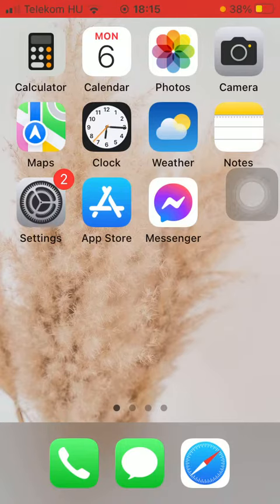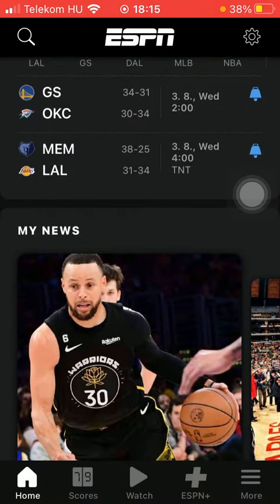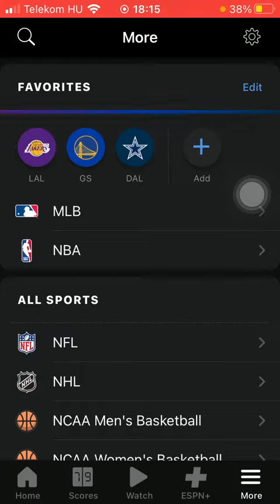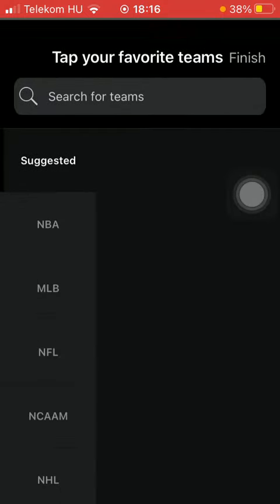First of all, open the application on your phone. After that, tap on this more button once you are at your home page that you can find down below in the right side corner of the screen. And then here you can find your favorites. If you tap on the edit button, you can tap on the add more teams button down below, and here